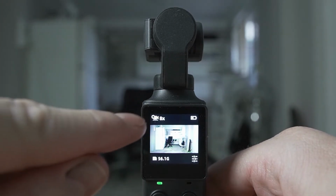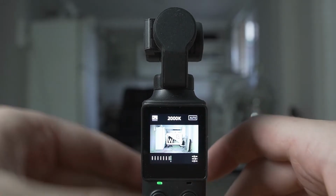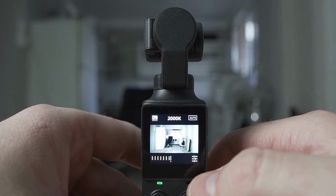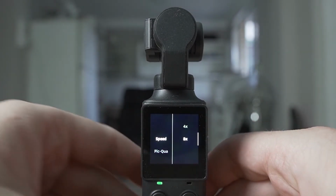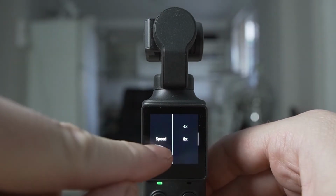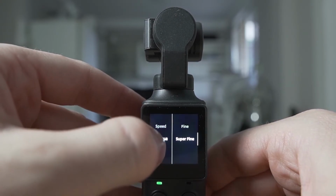Swiping once more to the left and you'll see your slow motion option. This allows you to shoot 8 times or 4 times slow motion. You can also set your ISO, your white balance in a similar method to the rest of the things. Click on the screen in the middle and you can change your speed from that particular icon on the top left, and it also allows you to change between fine or super fine, and your color mode, which you can